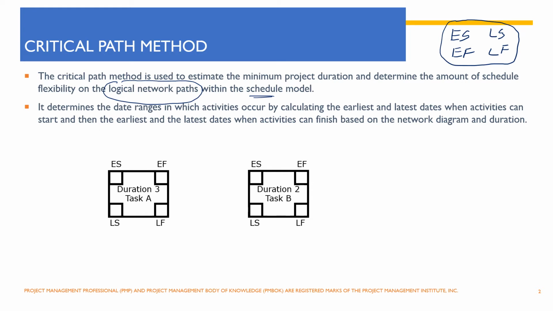and by calculating this we can calculate the float within the schedule, and with that we'll be able to see where we have the flexibility, which are the activities which we can delay and which activity is dependent on which of the activities. So we establish the relationship by creating the network diagram, and then we enter the dates within them, and then we see the flexibility. So now let's see what these terms are.